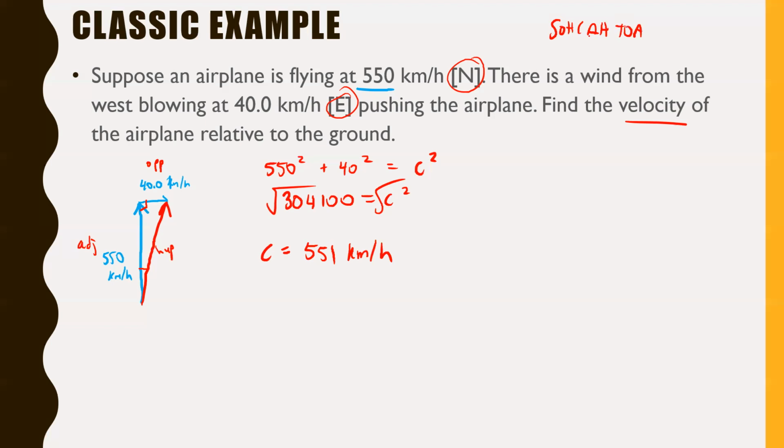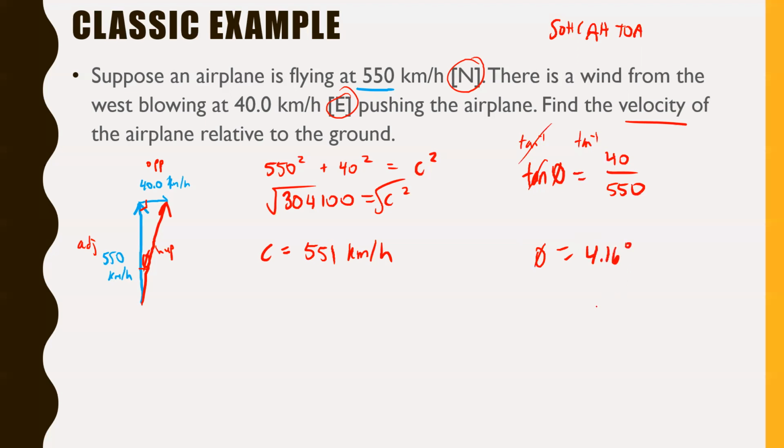So if we were given the opposite and the adjacent from SOHCAHTOA, I won't always write SOHCAHTOA, by the way. I'm starting to get sick of writing that a million times, but it is what it is. From SOHCAHTOA, opposite and adjacent, we're going to use tan, right? So tan of theta is going to equal opposite, which is 40, over adjacent, which is 550. Just like before, we want to get theta by itself, take inverse tan of both sides. That's going to get that for you, no problem, right? So inverse tan of 40 over 550, and we want 3 sig digs. That's going to give me